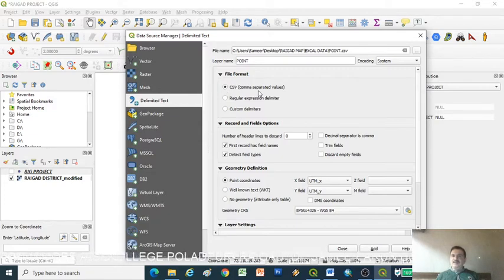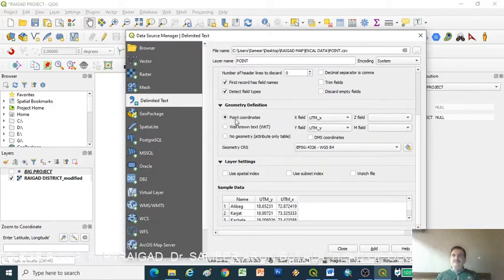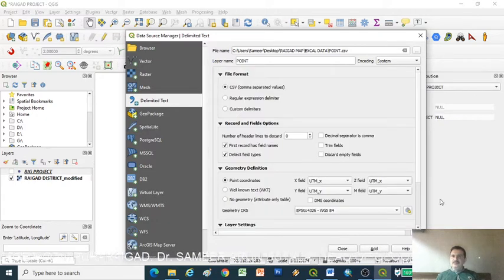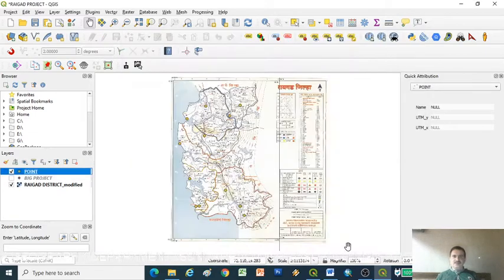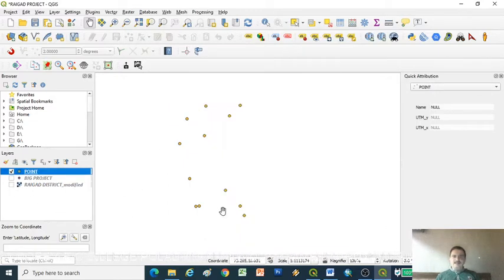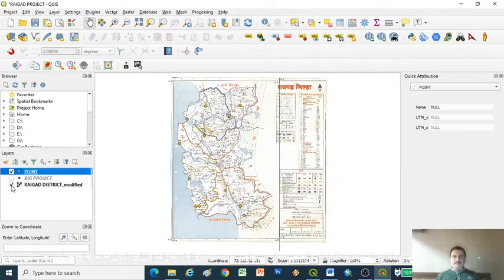Our file format is CSV. Then it asks for the X and Y coordinate fields, so mention the X field and the Y field here. Now your Add button is enabled, so click Add and close it. Look, now the Excel points automatically come into our map.